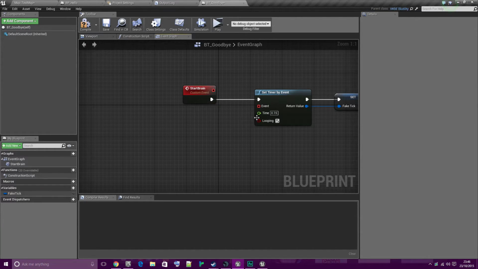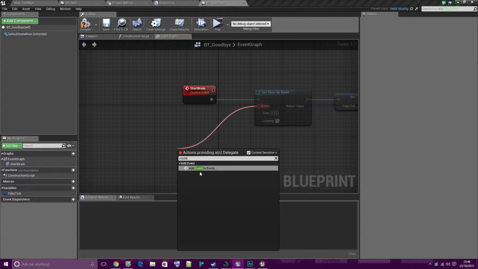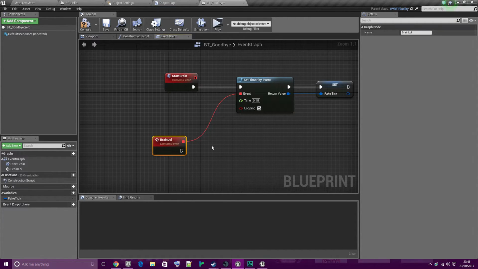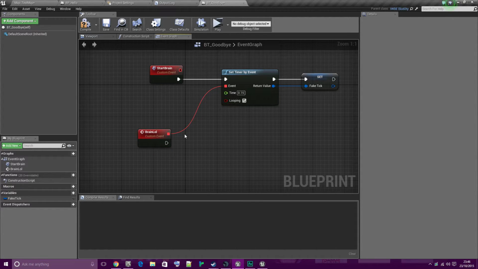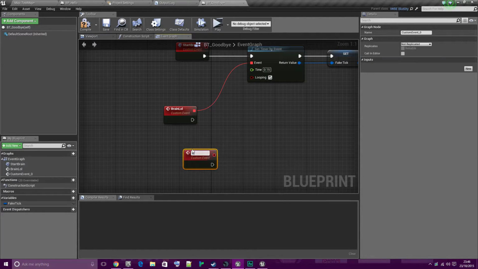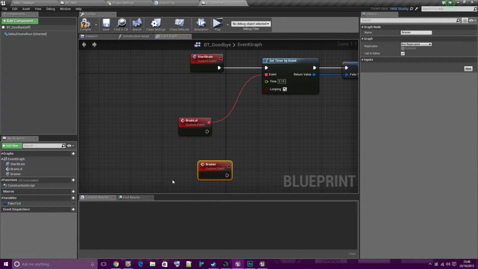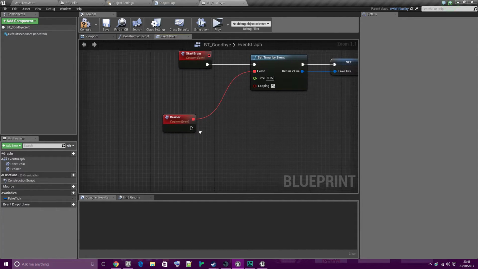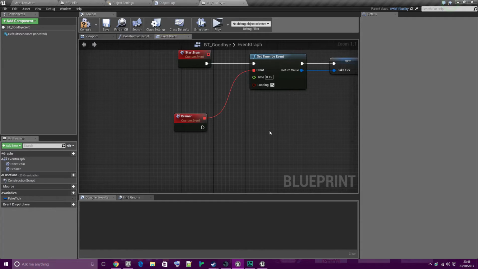Right, now here's the trick. What you're going to do is select start brain and call in editor, and now from this event pin create another custom event so they're connected. There we go, call it brain. So something's changed in 4.10. That should be fine, touch wood, unless... Right, okay. So what I'm going to do is do it this way instead. Call it Brainer, tick it there, and then connect it there. So basically we've just tricked a way to call it in editor by creating the event separately. That was my bad. I guess that's changed in 4.10.